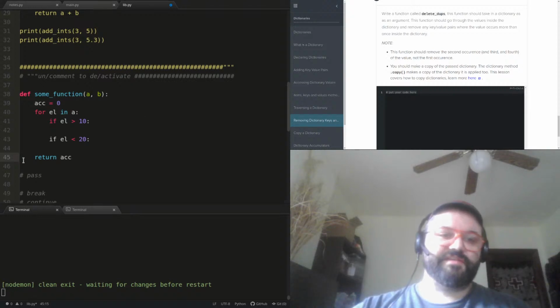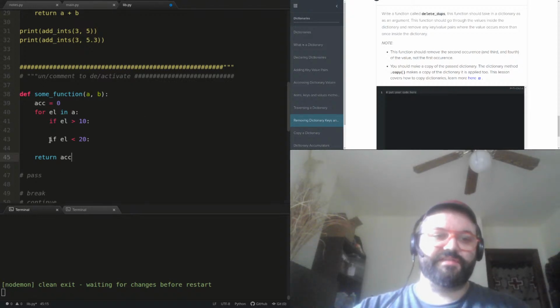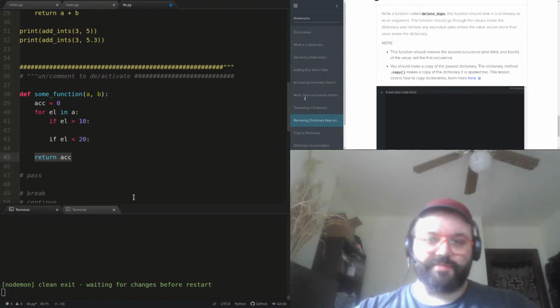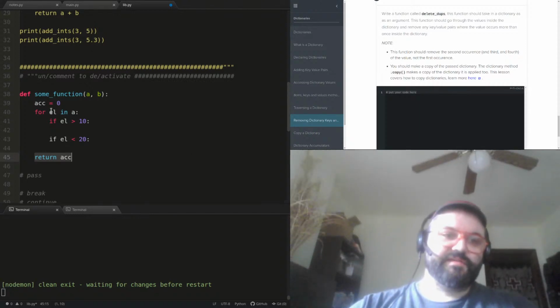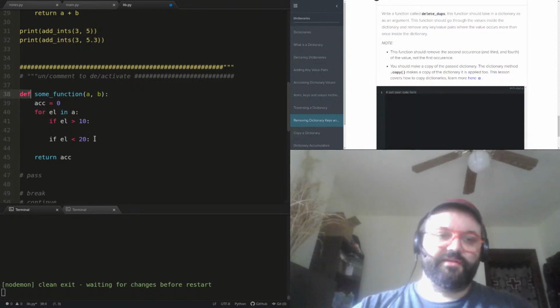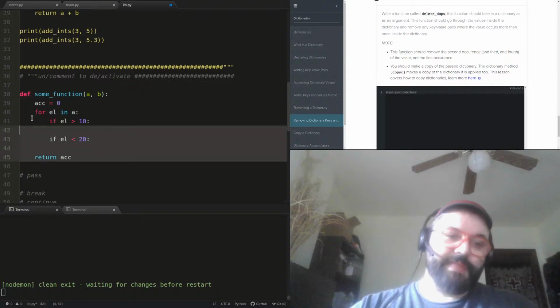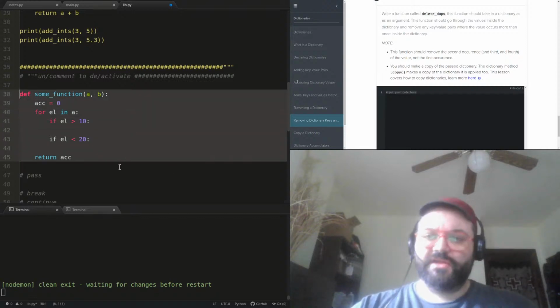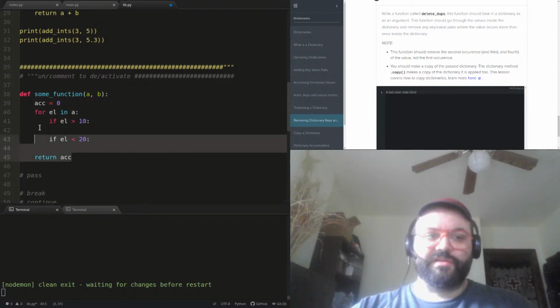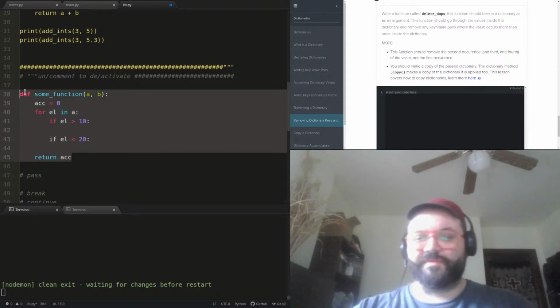You see how my syntax highlighting is kind of starting to get a little messed up? This if is not the same color as that if. This return is blue, or I'm used to seeing it as red in my editor. It's not the same color as the if or the for or the def, so it's looking a little bit off. You pay attention to your syntax highlighting, you'll get used to it after a while, and if it looks off, it probably means something's messed up, right?